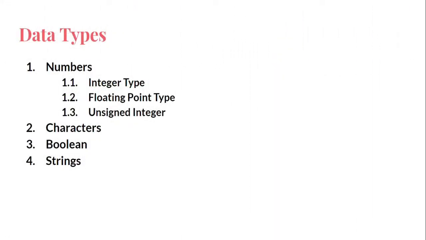So now let us discuss the types of primitive data types that are there. Primitive, and the string is a non-primitive data type, right? We're going to discuss the basic types, which will be more than enough in Android development and all the projects, right? So the very first one is numbers, right? And inside numbers we have different types of numbers: integer type, floating type, and unsigned integer. We're going to discuss these in detail.